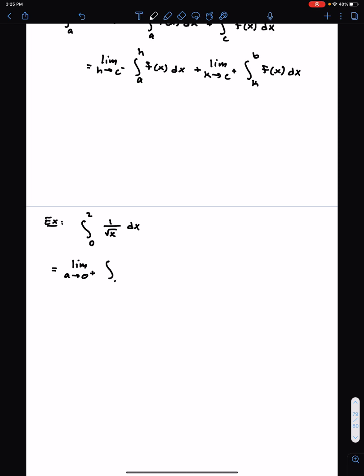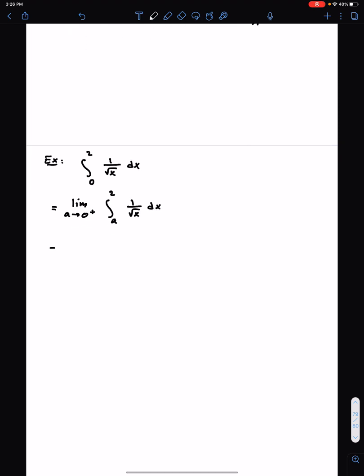To integrate this, I'll bring it up to the numerator and make it into a negative exponent. So 1 over root x dx. So first step, rewrite it without the lower bound and introduce a variable. Limit as a approaches 0 from the right of the integral from a to 2 of x to the negative 1/2 dx,